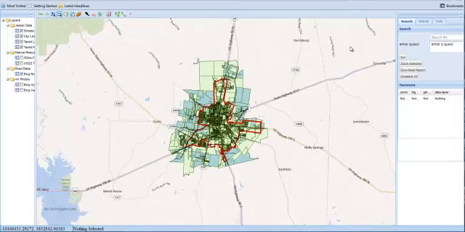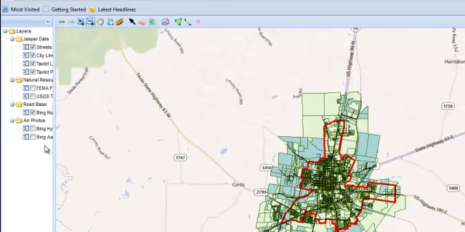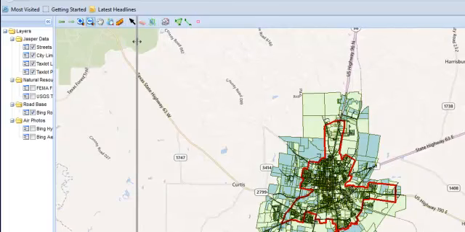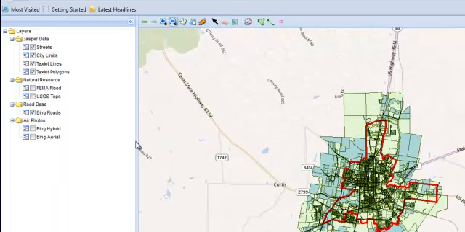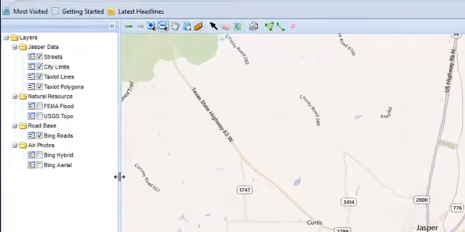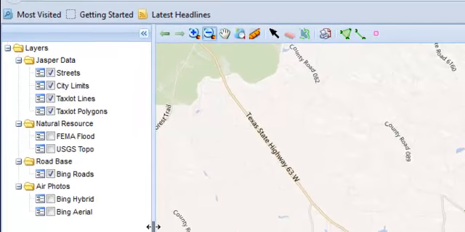Now that we've examined the 6 basic navigation tools, let's take a look at the left window panel that contains the list of data layers in our table of contents. Besides being collapsible, the panel can also be resized. This is done by placing the cursor on the separator bar and, while holding down the mouse button, moving the bar to the right or left. In this case, we'll move the separator bar to the right a bit so we can see all the data